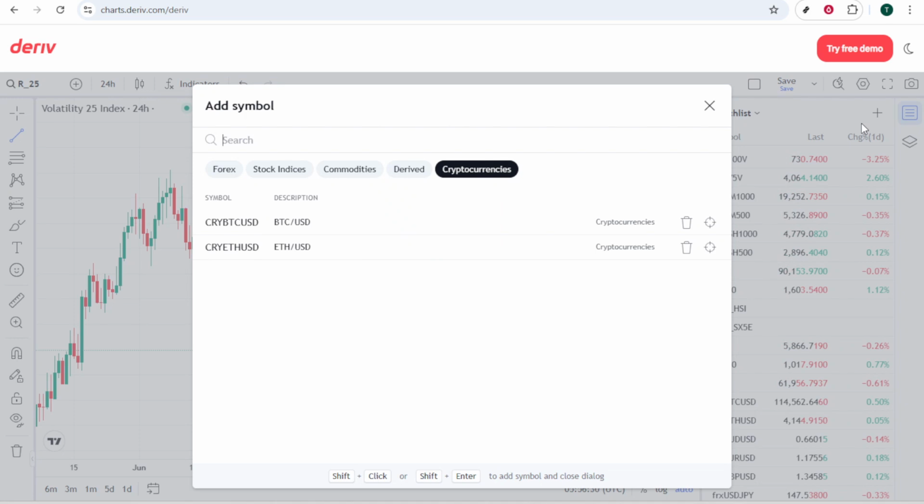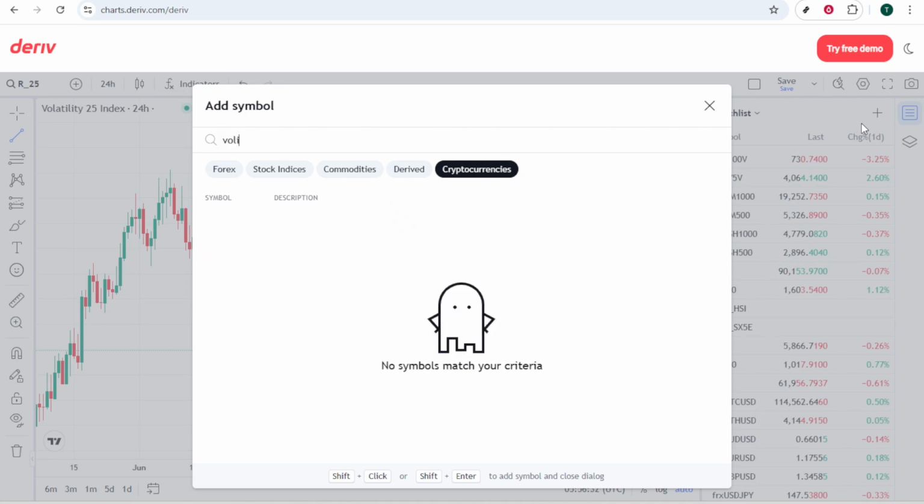Next, let's choose the right time frame, which is crucial for aligning with your trading style. If you're a short-term trader who thrives on the thrill of fast market movements, you might opt for the 1-minute or 5-minute charts. These shorter time frames offer quicker feedback on your trades, but they can also require more attention